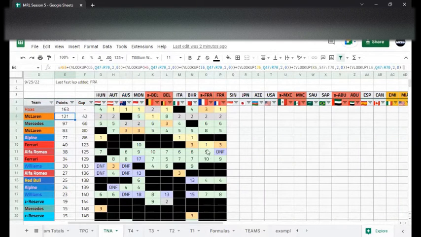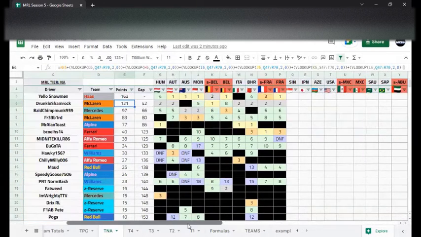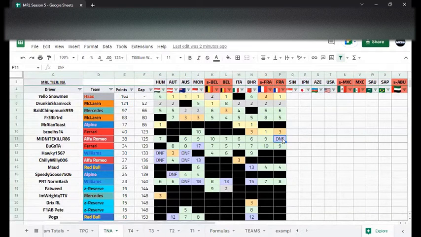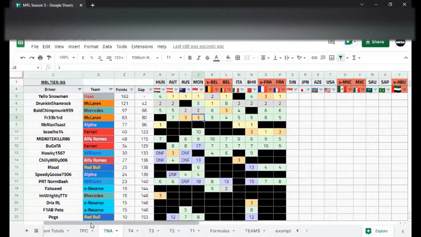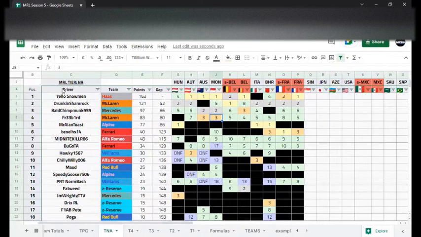So here, if I put Midnight Killer, myself, and I say I placed 5th, right? It's going to give me some more points. And as we see, I'm going to probably bump up here. So if we go here and we sort Z to A because we're going highest number to lowest, that's just the way this works. Another thing, when you're sorting,